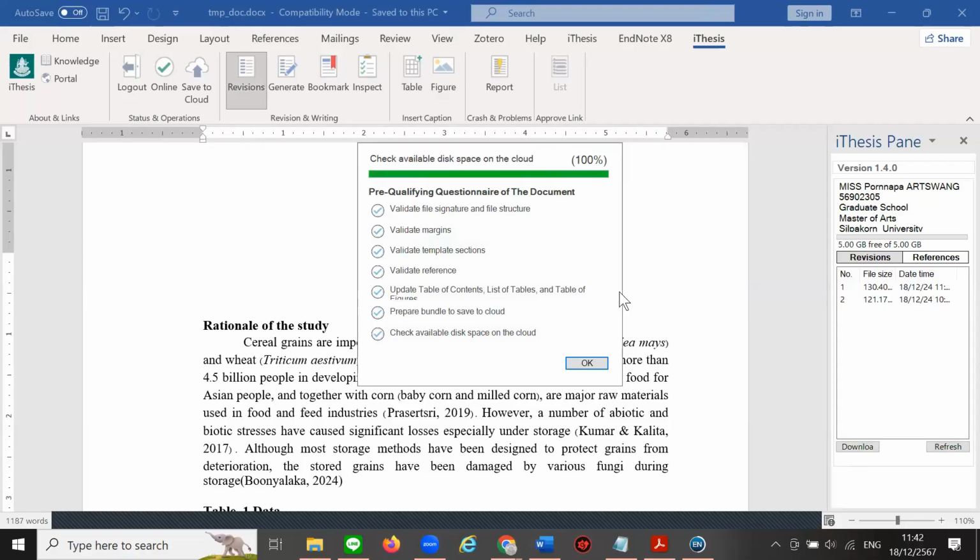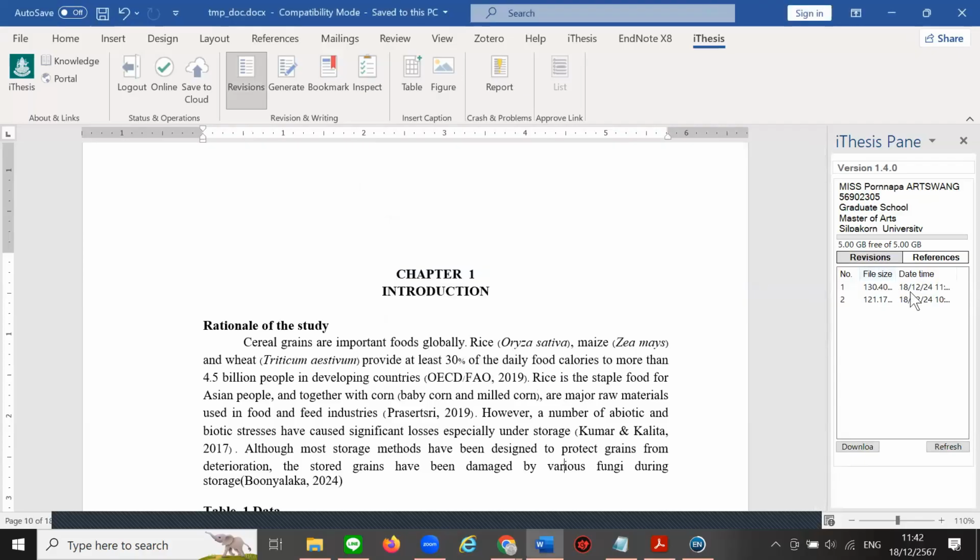Done. If you succeed to save it on cloud, on the right panel, you can see you have two lines,